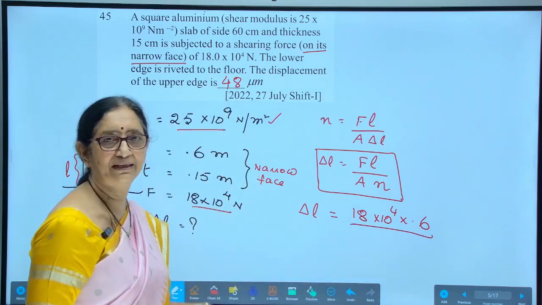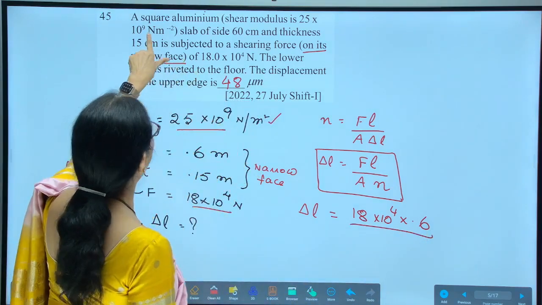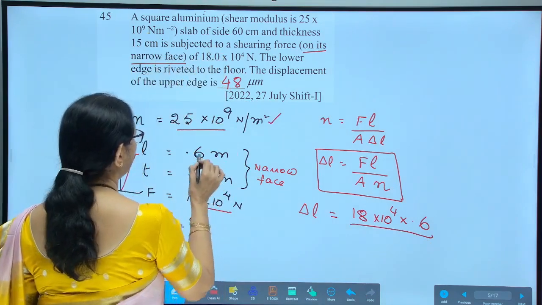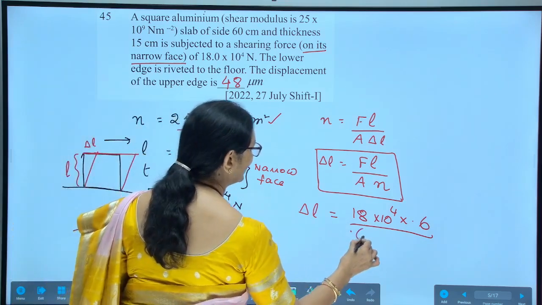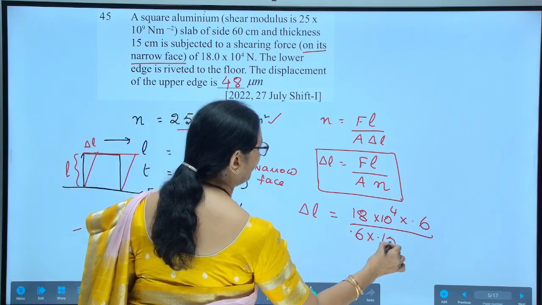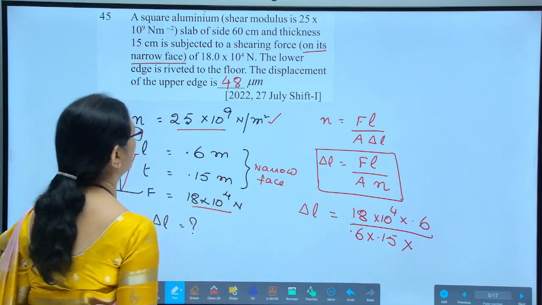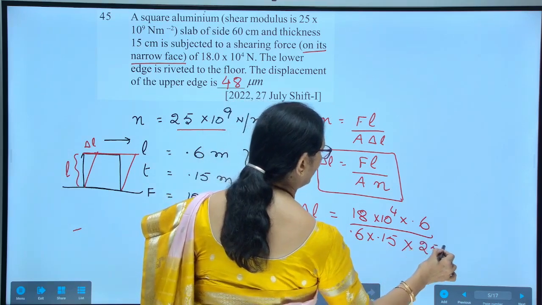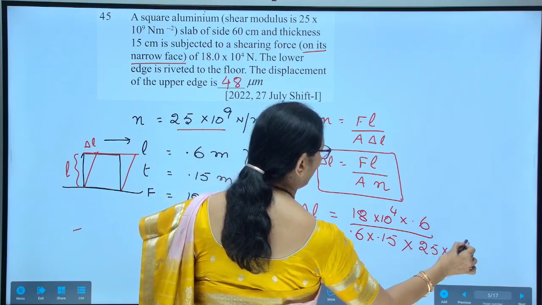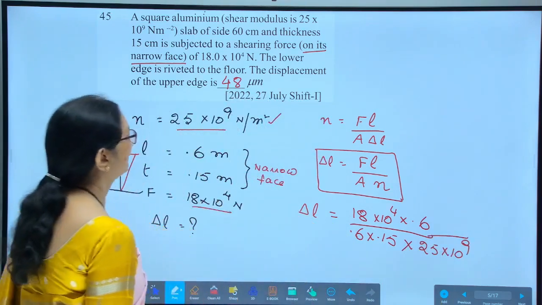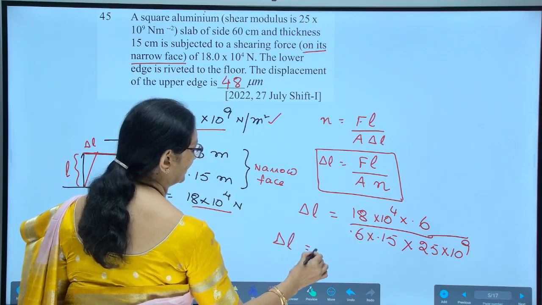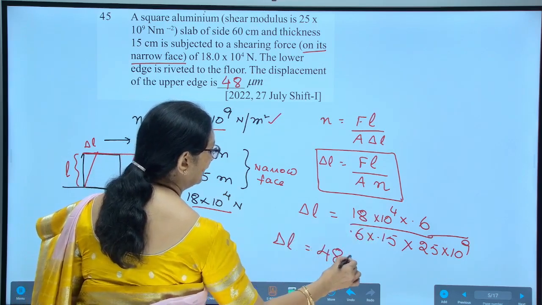Area of cross section: the force is applied on its narrow face, so the narrow face area is 0.6 into 0.15, and rigidity modulus is given as 25 into 10 to the power of 9. On simplification, you will get 48